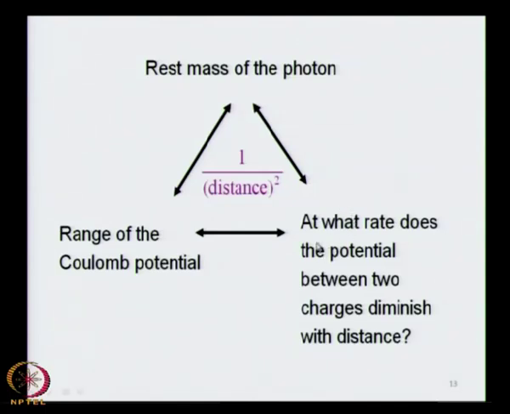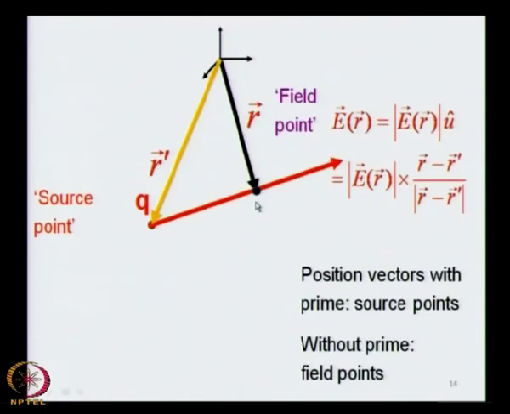And then, at what rate does the potential between the two charges diminish with distance? Does it go exactly as 1 over distance, or is there another function of r which must multiply this? All these questions are central to our claim that there is in fact an inverse square law. All of these are connected with each other. Now, let us proceed with this understanding of Coulomb's law,